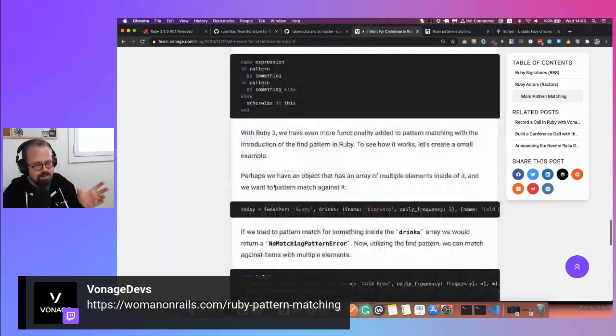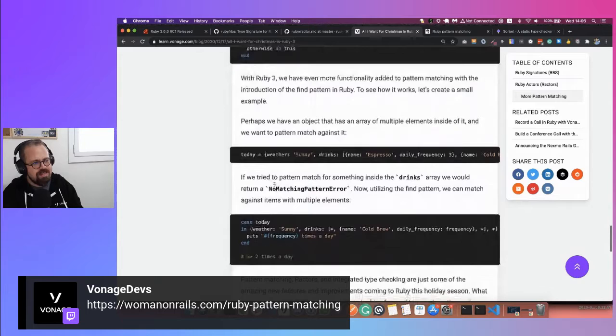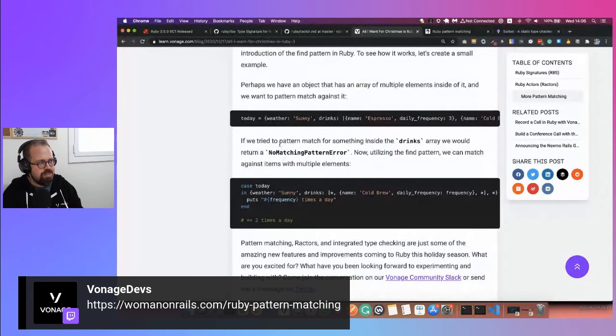That's great. But the problem with this is multi-layered elements of elements. It broke down at that point, and you need to run a case within a case to get to, let's say, an array with an array inside of it. So now the find pattern allows us to search within elements that have multiple elements. So I provide an example in my blog post, and we can run through that example together. So let's take this example here.